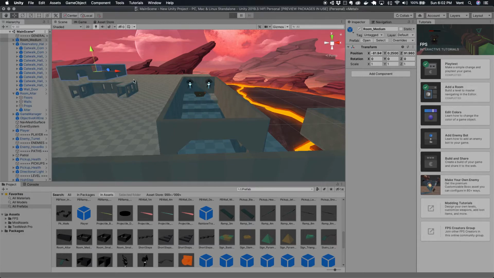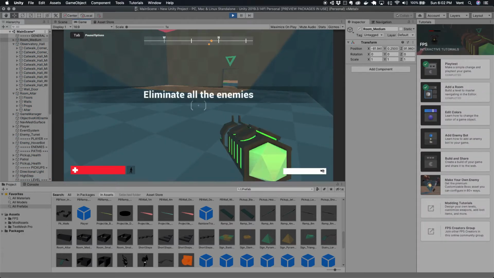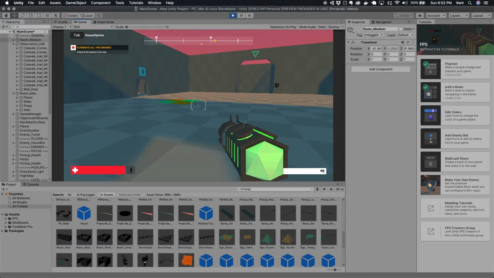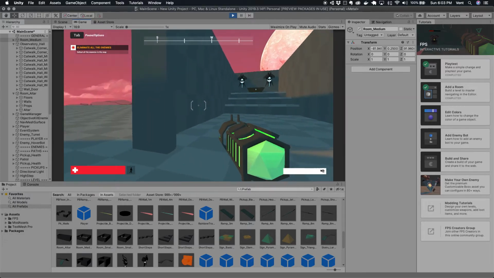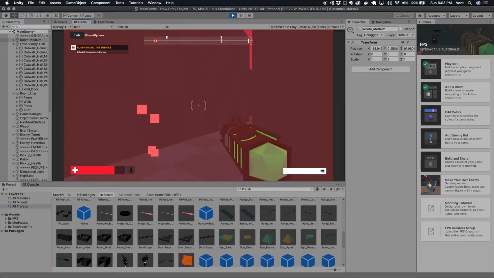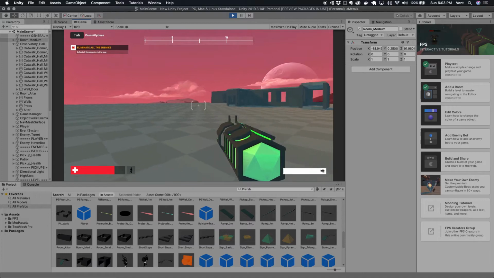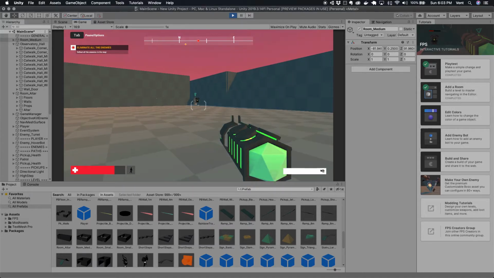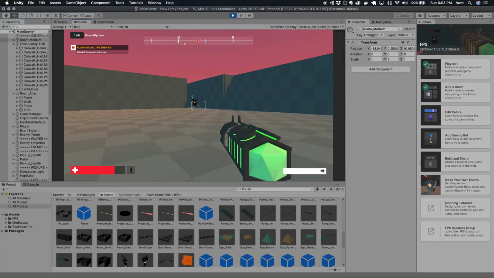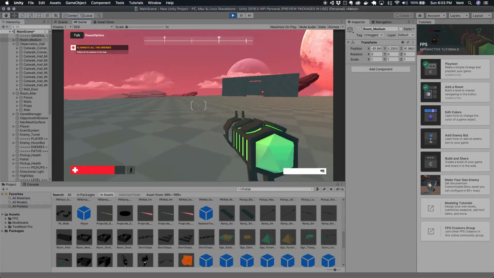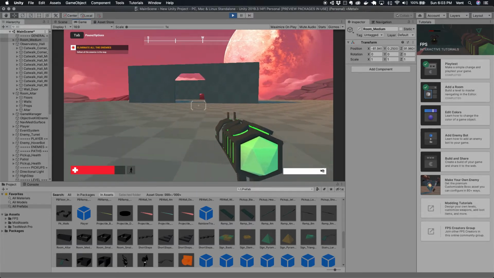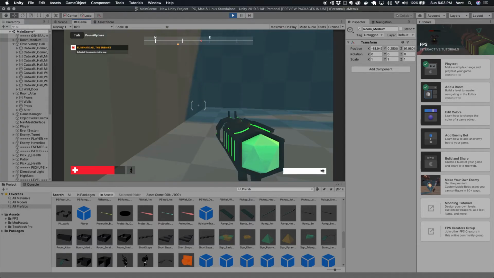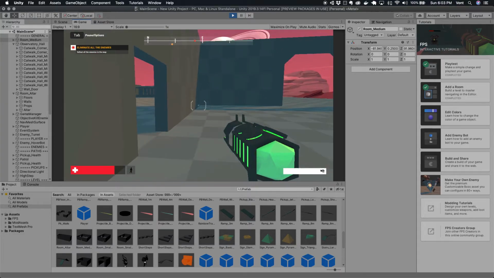Remember, we didn't bake the navigation mesh surface yet. All right, so it spotted us. I saw the exclamation point. Well, let's hurry up before it kills us. And I'm gonna run. It's following me definitely. So I'm gonna run into that room that I just made, and then I'm gonna see what happens. Would it try to go through the room,